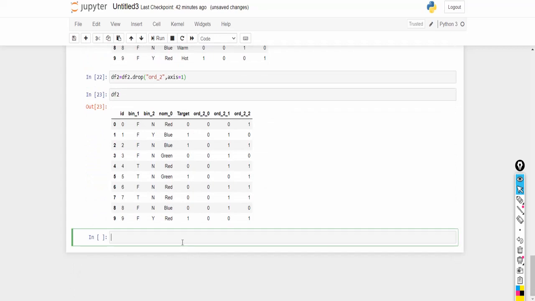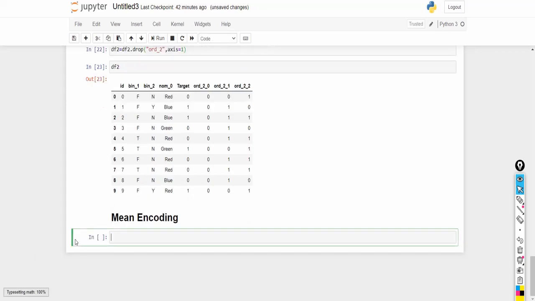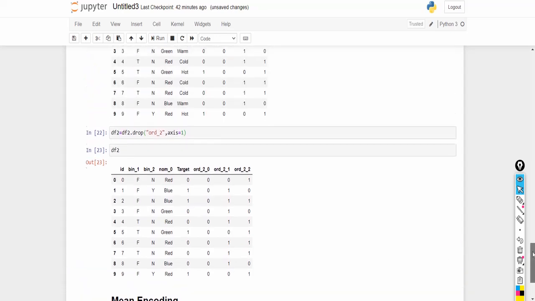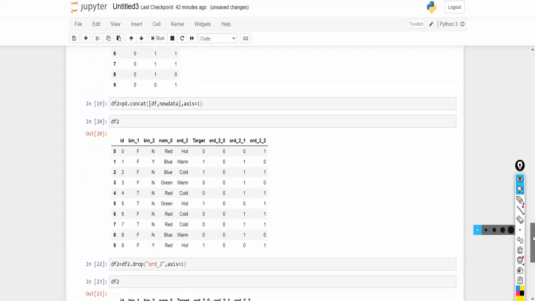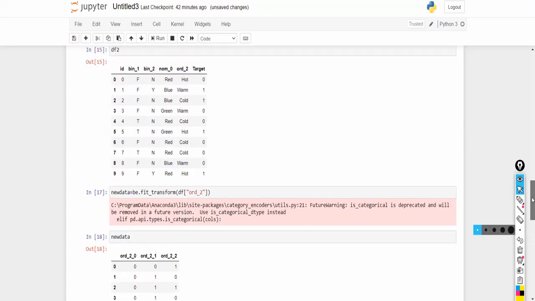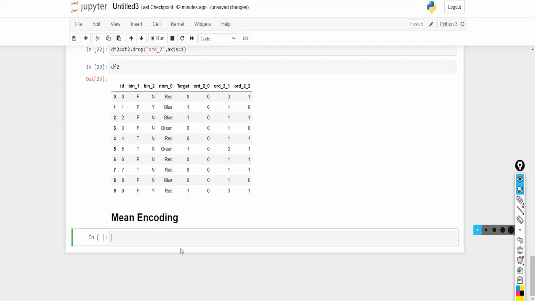Okay, so let's move on to the next method. The next method we have discussed is mean encoding, right? For mean encoding also I'm going to make use of the same library, category_encoders.